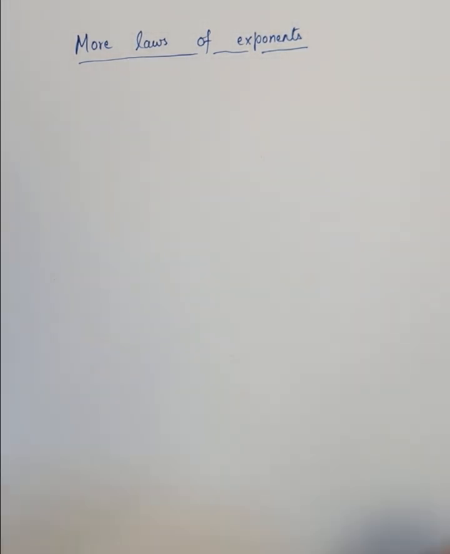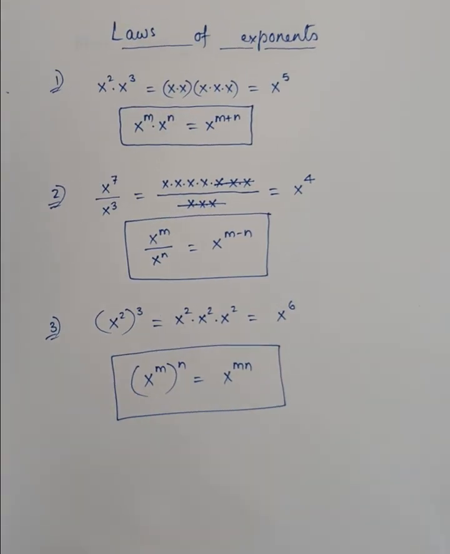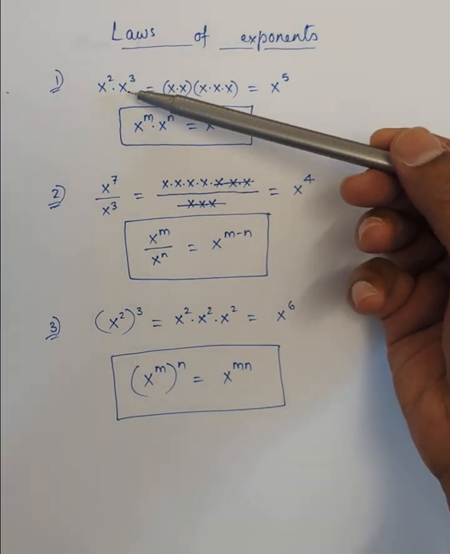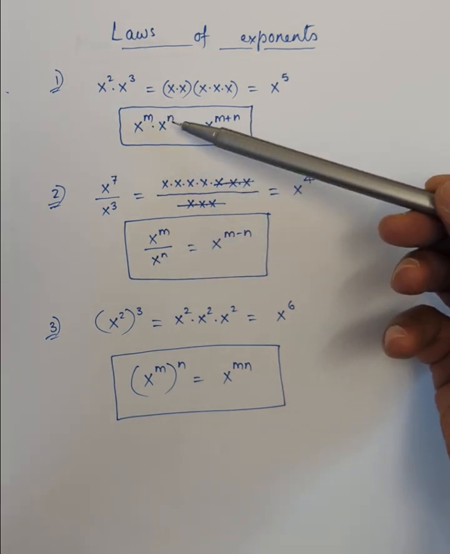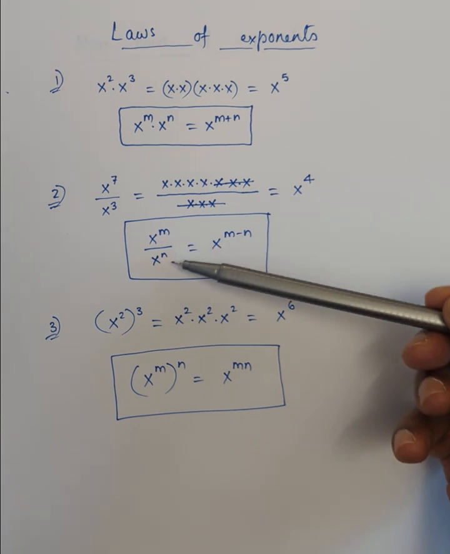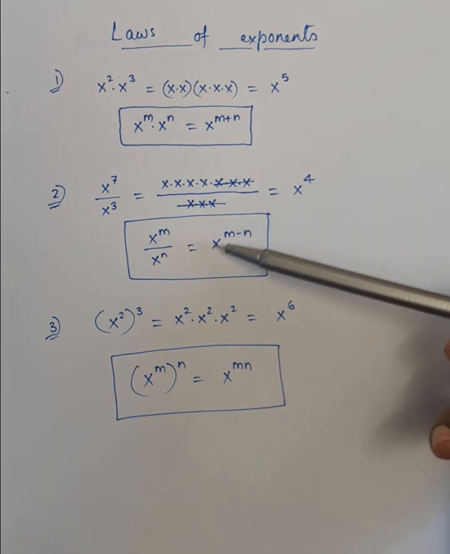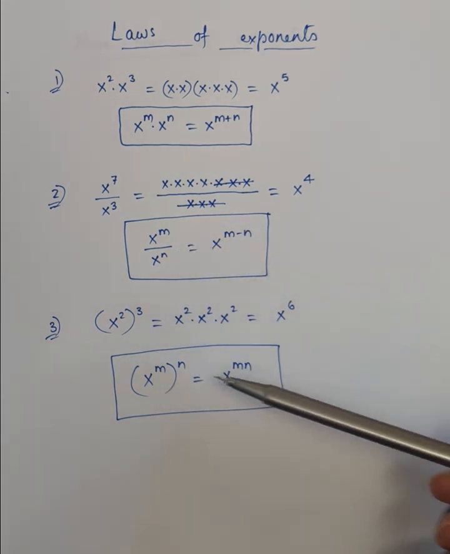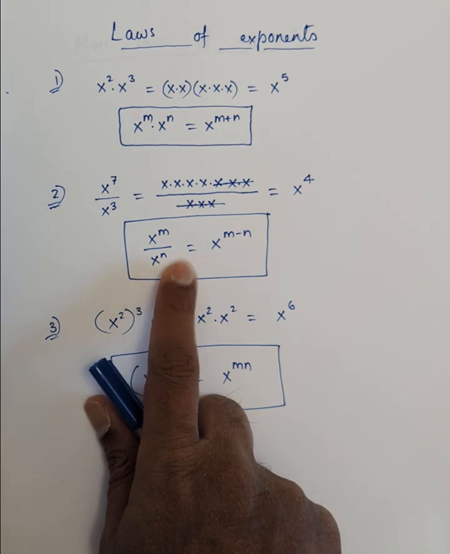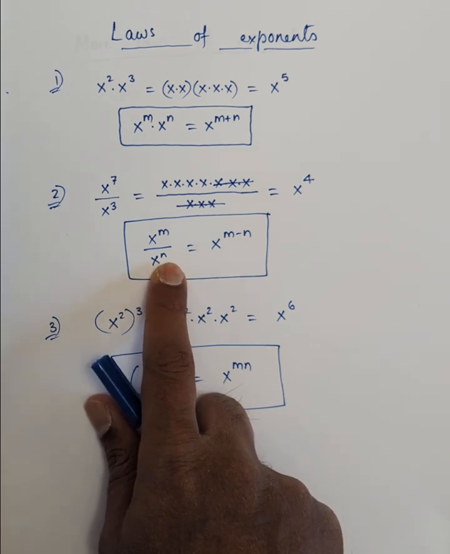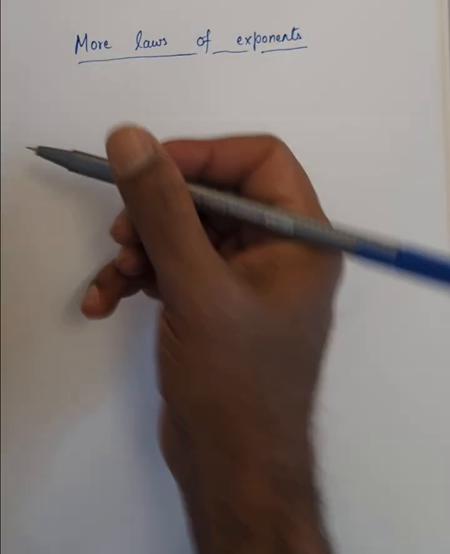More laws of exponents. In an earlier video, we covered three laws: x squared, x cubed, or x to the m, x to the n. So when you multiply exponents, the exponents are added. Division would mean subtraction of exponents, and exponent to an exponent is the product of the exponents. Anyway, what we'll do is look at this particular law, which is on division,